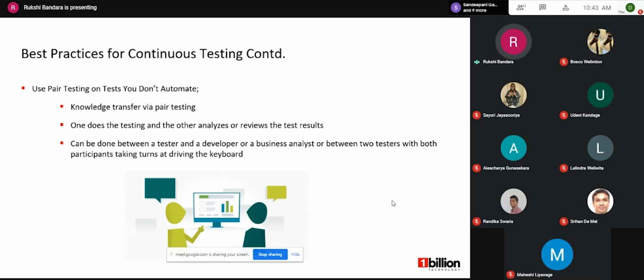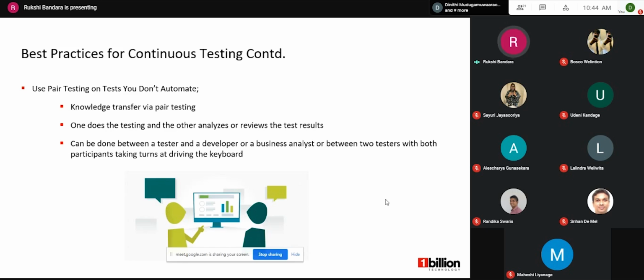Pair testing is similar to pair programming, which is an agile software development technique in which two programmers work together at one workstation. So in pair testing, team members work together at one keyboard to test the software application. One does the testing and the other analyzes or reviews the test results.